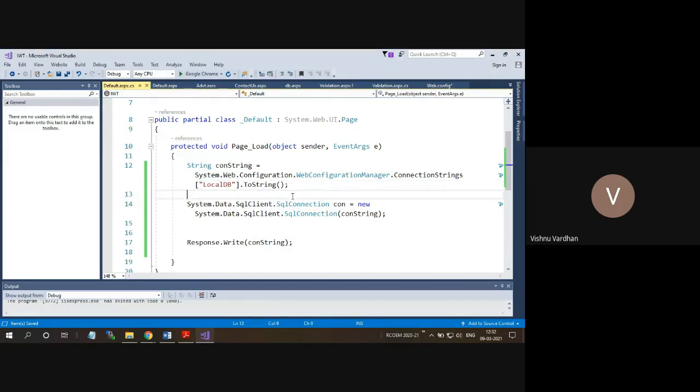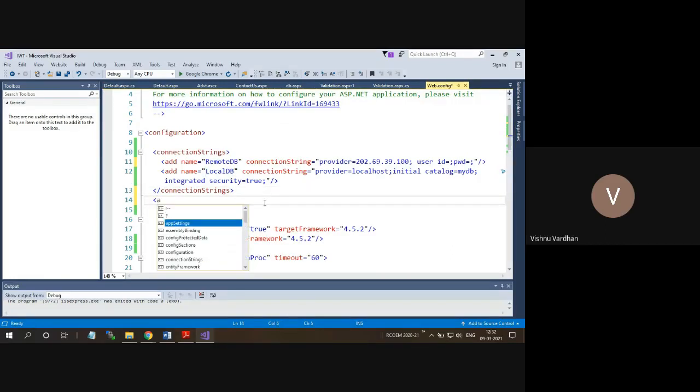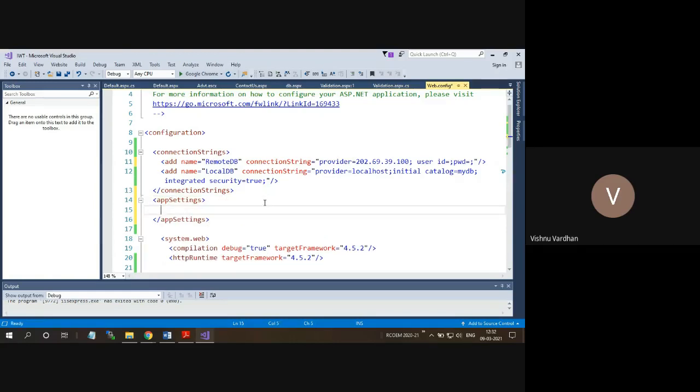Then, after seeing these connection strings, we can open up one more setting that is called app settings. Why these app settings are required is, suppose you are going to put the admin email address. That email address should be common across all my web pages. So this is my admin email address. It is actually a constant. You can treat this like a constant, but we want to keep this as an app setting so that it will be applicable for all my web application pages.